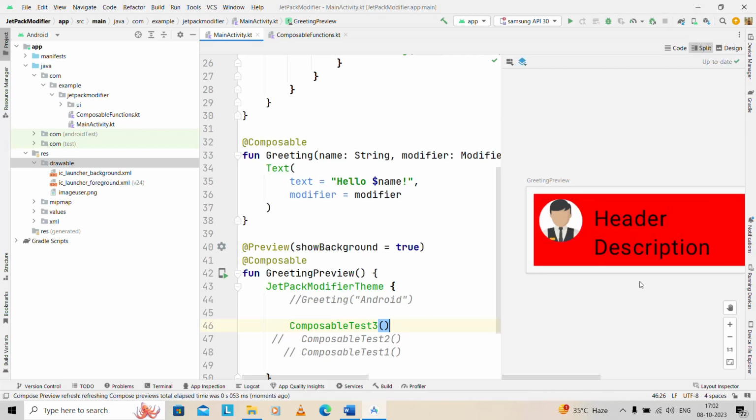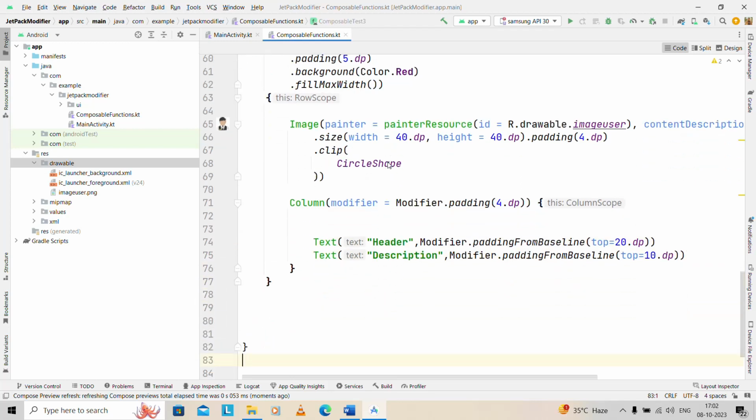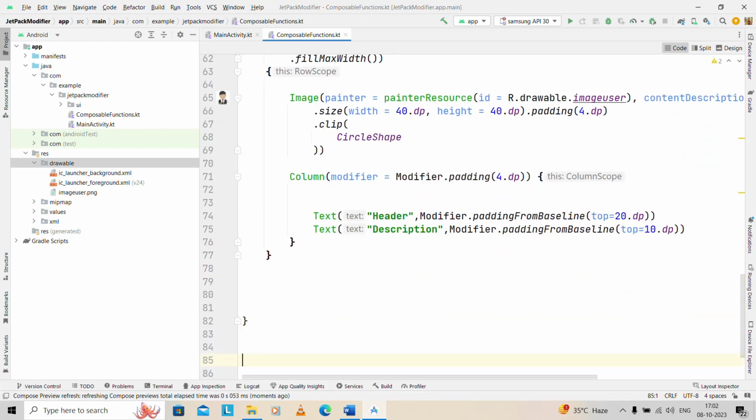You can see that here from the top it can push it down to this. So this is the scenario. You can work with the padding from baseline also. Simple padding we have to work, and column padding. So these are the scopes we can learn, because whenever you go for the row scope, image scope and column scope, according to your layout we can design it. Now we have to go for the fourth test, how we can implement this with the